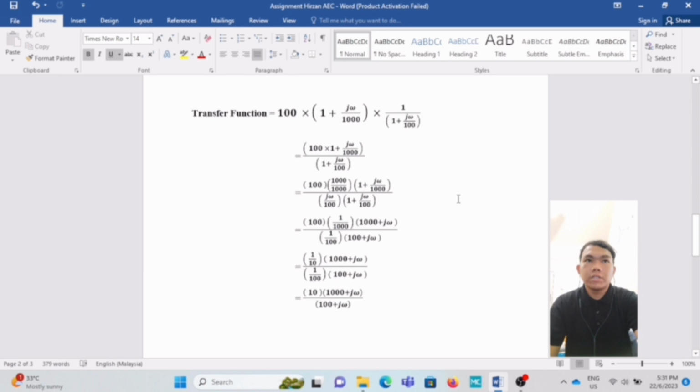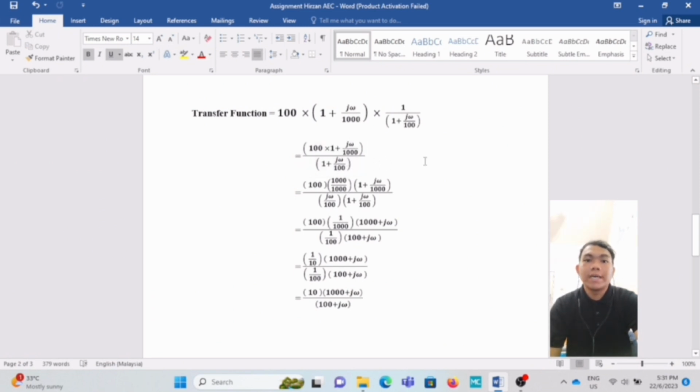Okay, for the transfer function, it equals 100 multiplied by (1 plus j omega over 1000) multiplied by 1 over (1 plus j omega over 100), which equals 100 multiplied by (1 plus j omega over 1000) over (1 plus